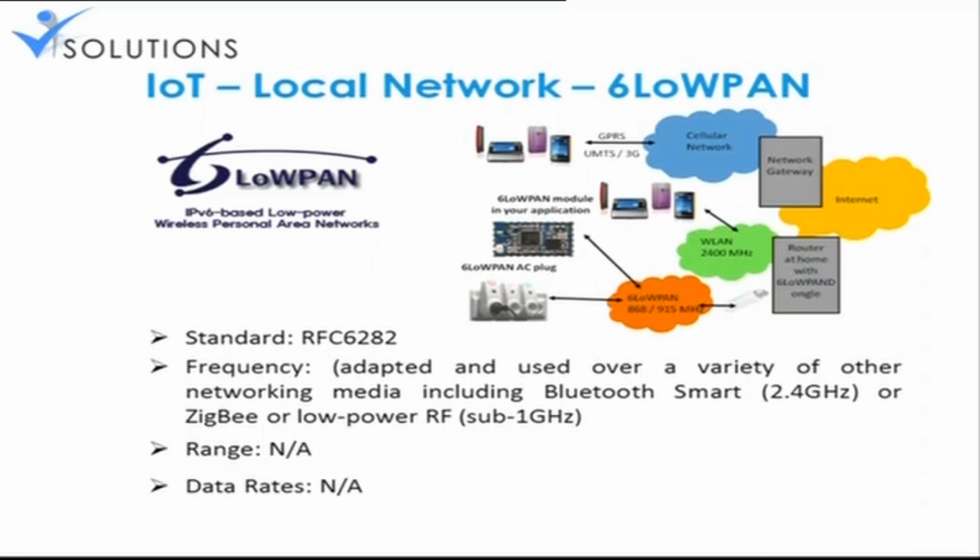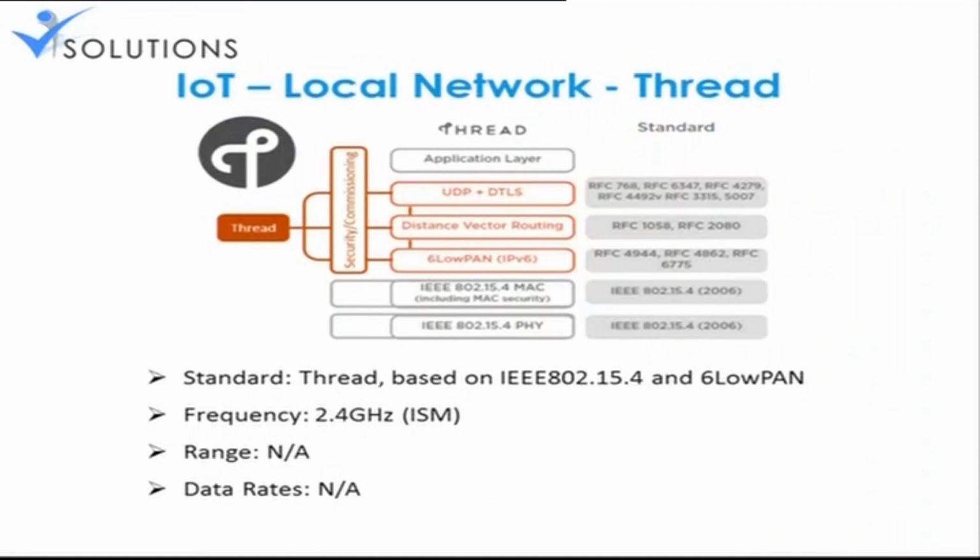The reason is it has low power consumption, as the name says, and number two, it is IPv6. That's a very important thing. Also you can see the range and data rate are actually adaptable. At least for that reason, many people connect. When the data range varies, very few people connect. The power consumption is less because the data rate is adaptable.